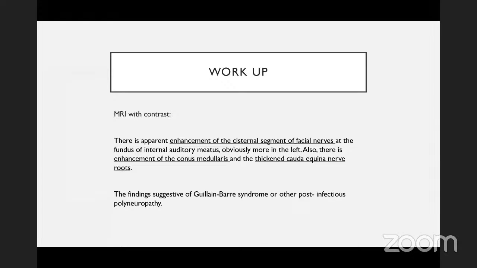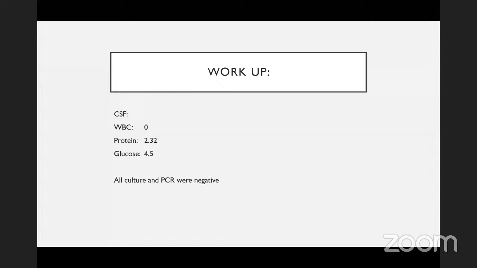Her MRI showed some enhancement in the facial nerve and the cauda equina nerve roots, a finding that suggests Guillain-Barré syndrome or other post-infectious polyneuropathy. She had CSF analysis, which showed 0 WBC and high protein. All of her cultures and PCR were negative. With this high protein and normal cell count, which goes with albuminocytologic dissociation,